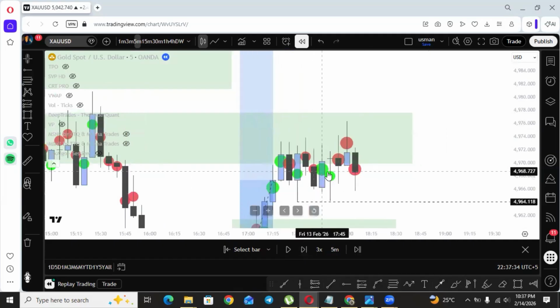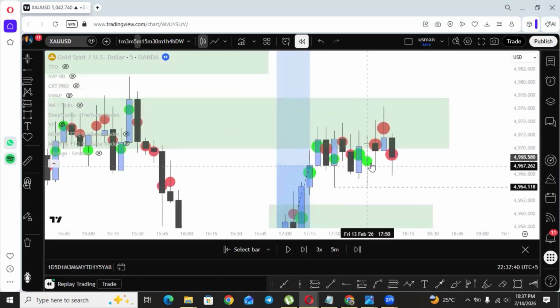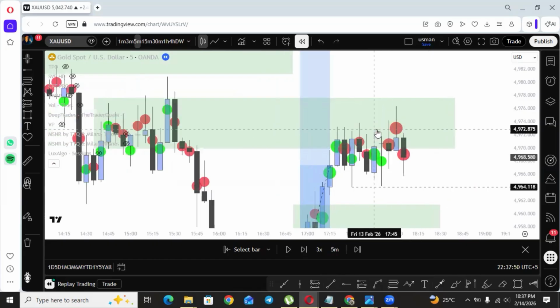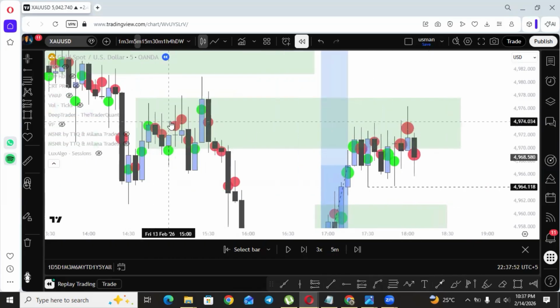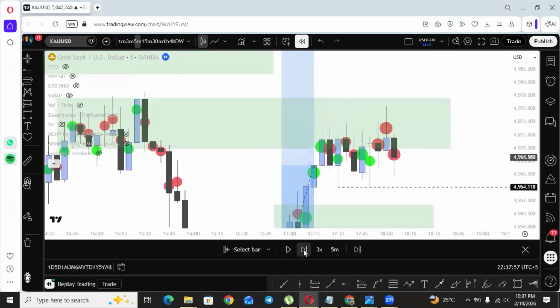Market again came to the area which buyers are protecting. So you have to anticipate it, like these areas are where you are getting the aggression of the buyers. These are the areas which buyers are protecting, and these are the areas. Look, an aggression of sellers in the buy candle. These are the areas you see previously over here which sellers are protecting. So you need to wait for one to win the war.